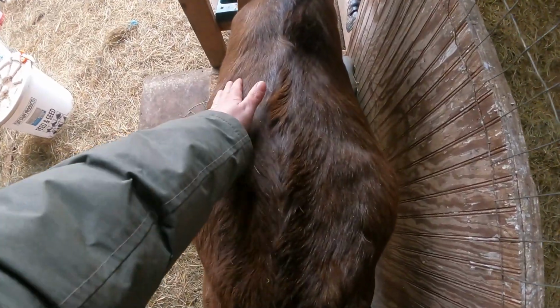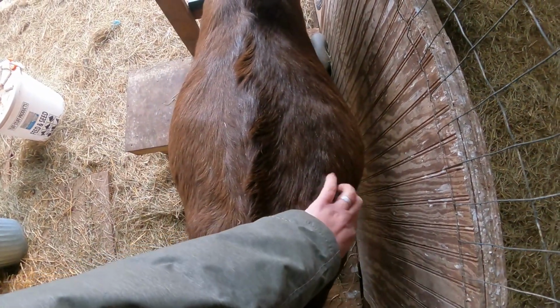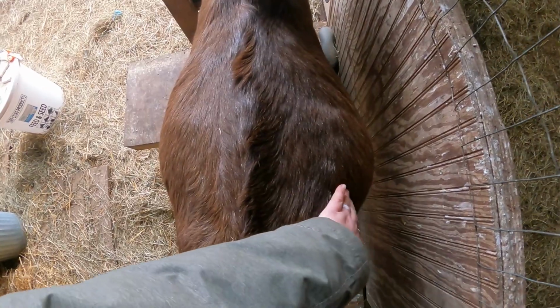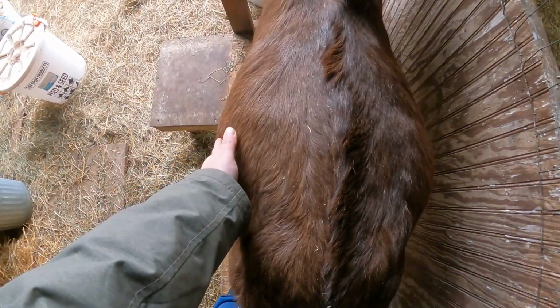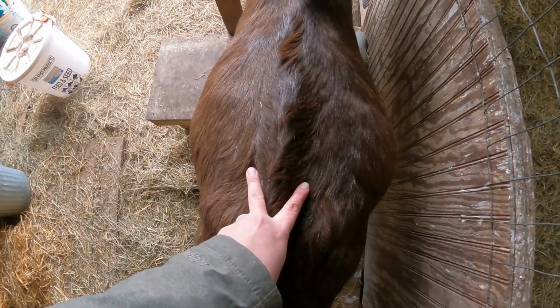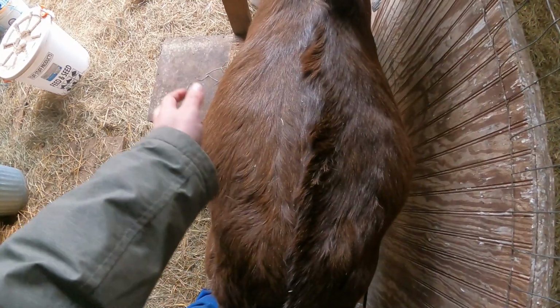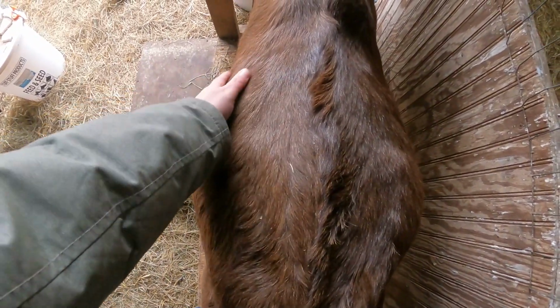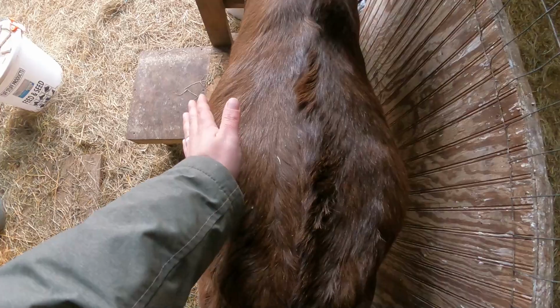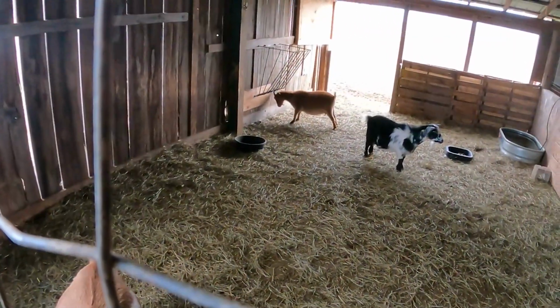So remember, it's lunch on the left, Rugrats on the right. This is where we're going to be able to feel the babies kicking. There are probably babies on this side, since does have a bicornate uterus. There's a uterine horn here and a uterine horn here. The problem with this side is the rumen and the digestive system are so big that they get in the way, and you can confuse